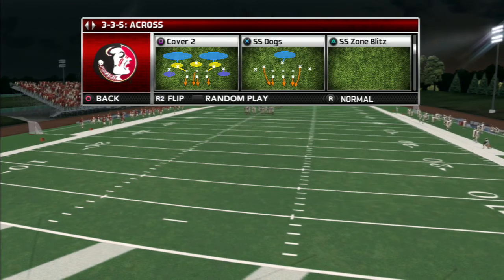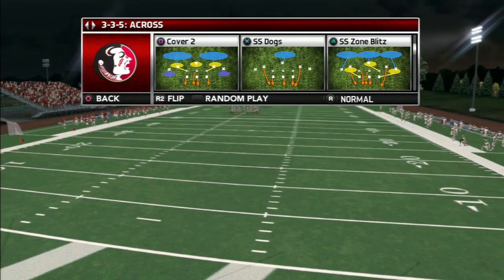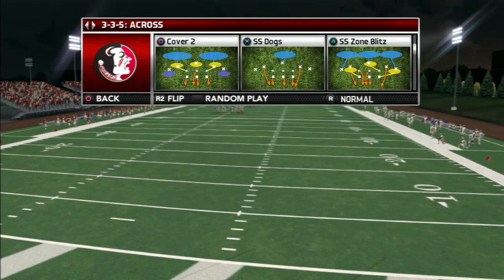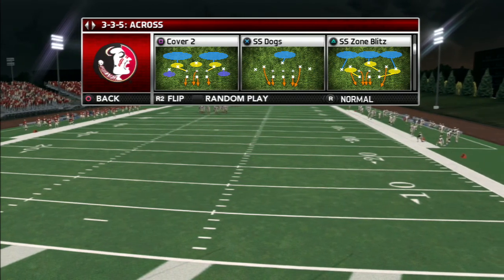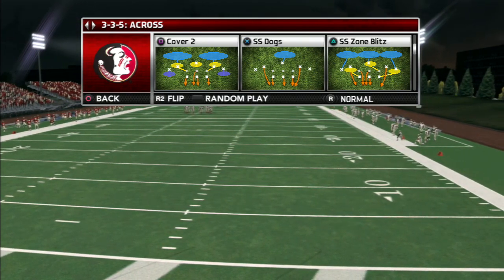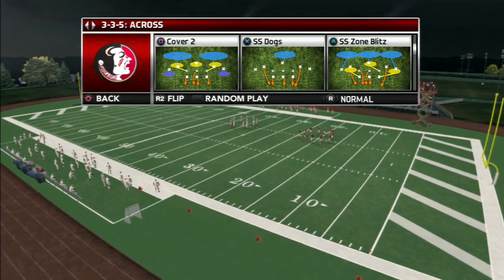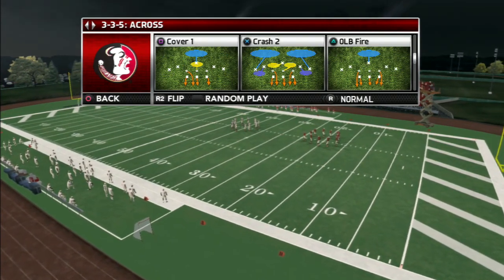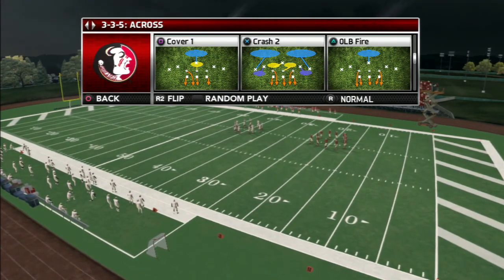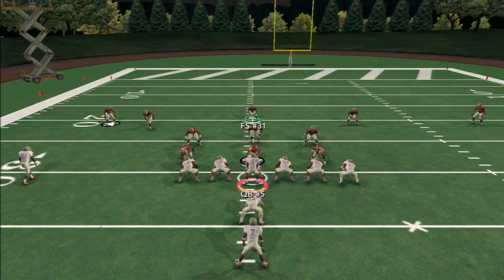And it looks like that's about it for that 3-3-5 stack. 3-3-5 across, you might have some stuff in there. This cover 2, again, same thing, the safety's in the yellow, so he can help come down. So we'd have the 3 linebackers and the 3 linemen and the safety. The only thing is that those 2 guys in the deep yellow blues would not be able to come down and help right away. A better defense for this might be Crash 2. So again, let's